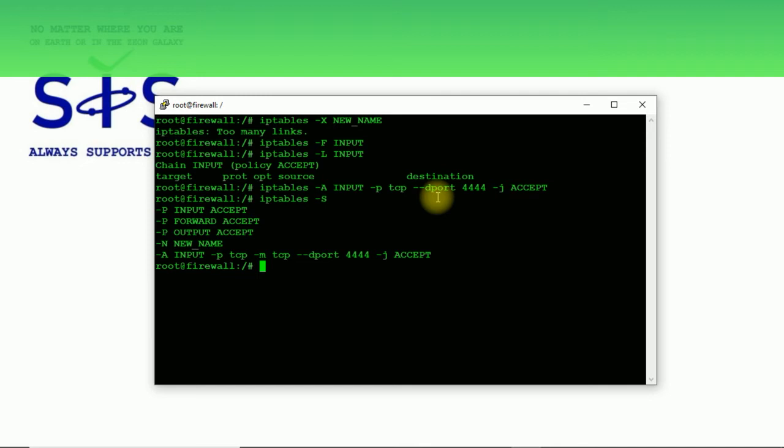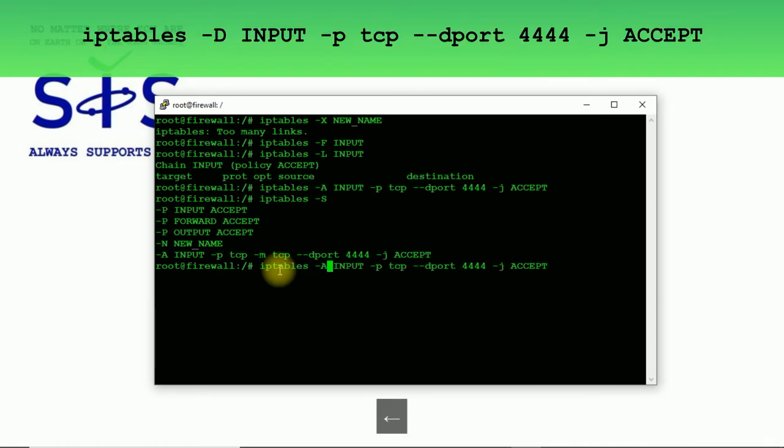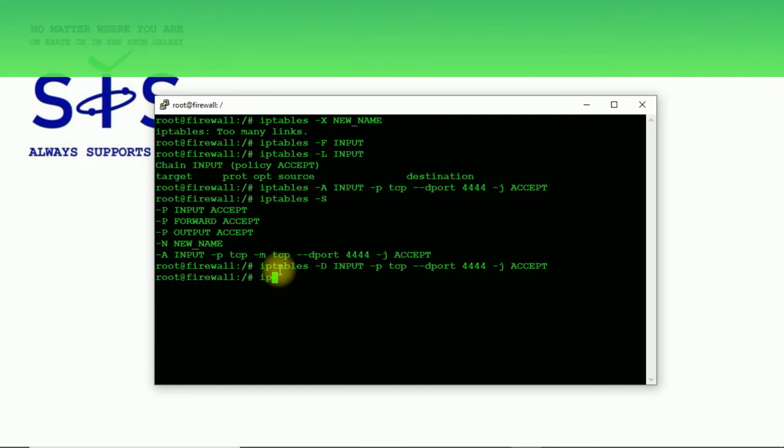Like you see, we've got our rule set up. Now we can use the same rule with -D instead of append. We're going to use delete, and after hitting enter, our rule will be gone.